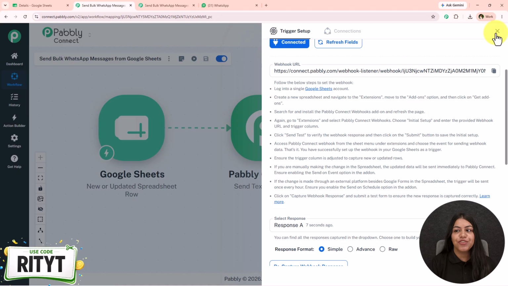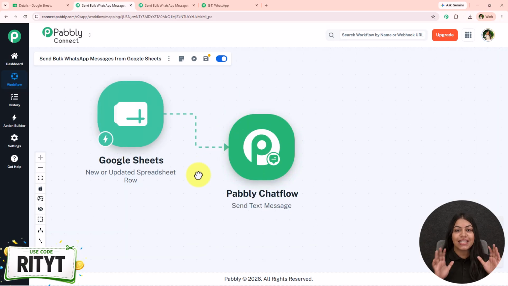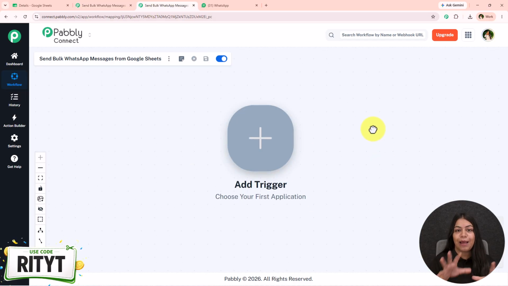Hello all, welcome back to Pabbly, and in this video I'll show you how you can send bulk WhatsApp messages directly from your Google Sheets. So to do this, you just have to open your workflow built inside Pabbly Connect if you are an existing user like me. But if you are a new user, open a new tab and search for